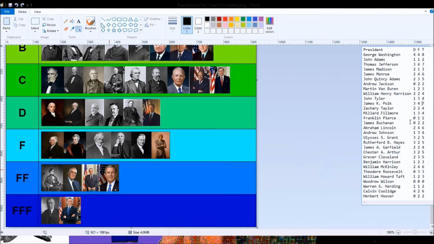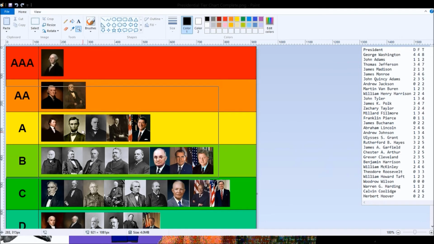The next one, James Buchanan, also at zero on domestic policy. He didn't do too well, and it is worth noting that very frequently he takes the blame for the eventual secession of the southern states. Although I would say his foreign policy was not in any way excessively bad or excessively good, so he gets a 2 from me. Abraham Lincoln, in the A rating. Abraham Lincoln on domestic policy, he gets a 2,